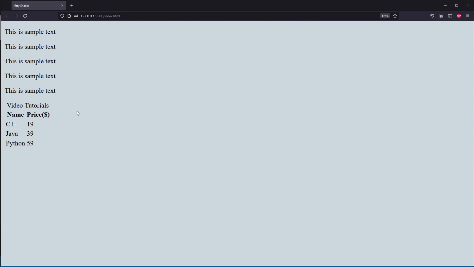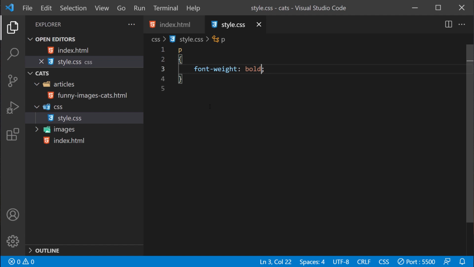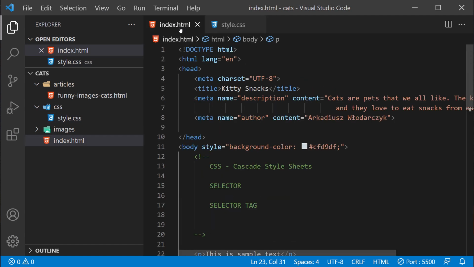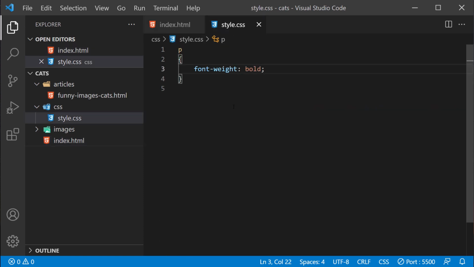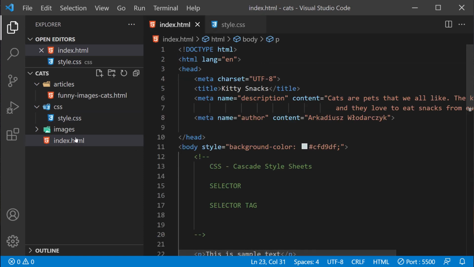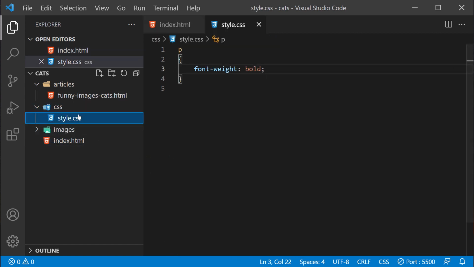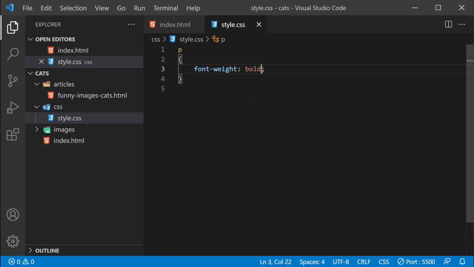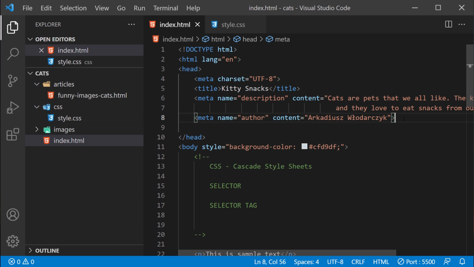As you can see, nothing has changed. Why is that so? It's because we didn't connect this file to this file. The HTML file is what is here, right? The CSS file is in the folder CSS. This file doesn't know about this one, right? It would be stupid if something would connect automatically because, well, maybe you wouldn't want this particular style to be connected to this file, right? So you need to say